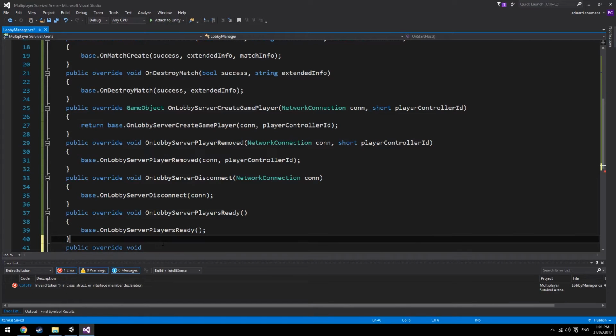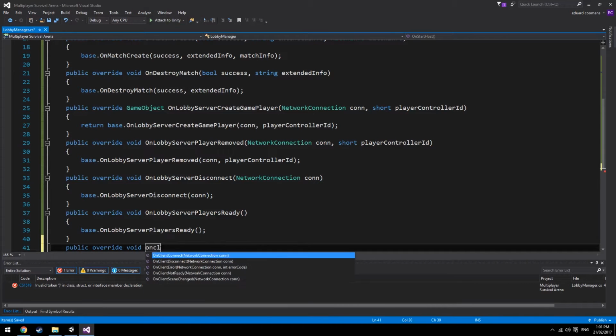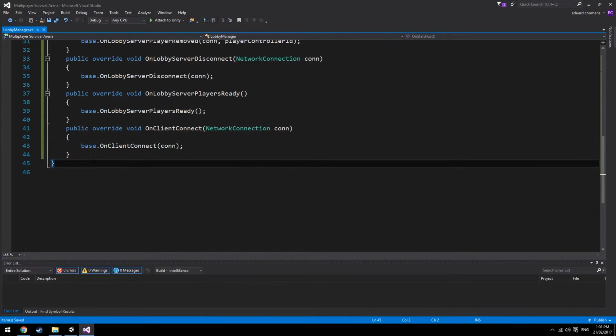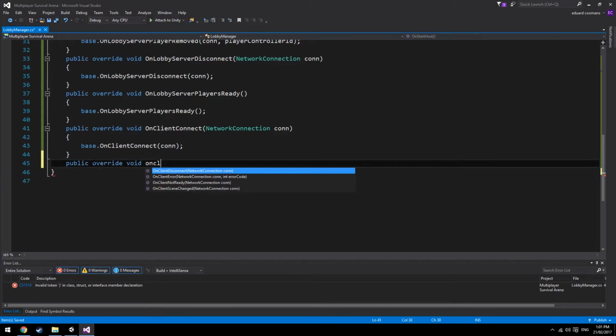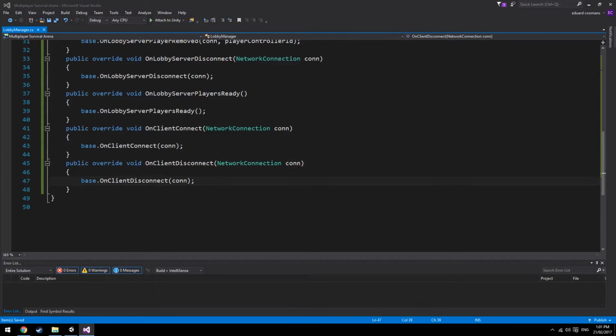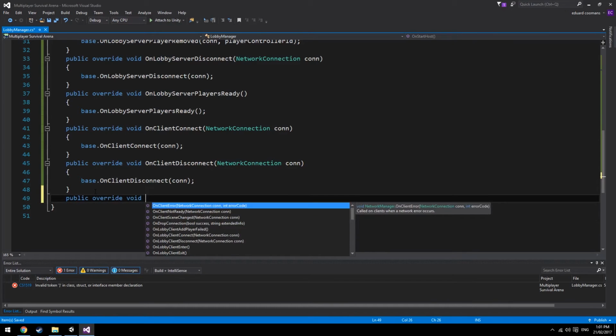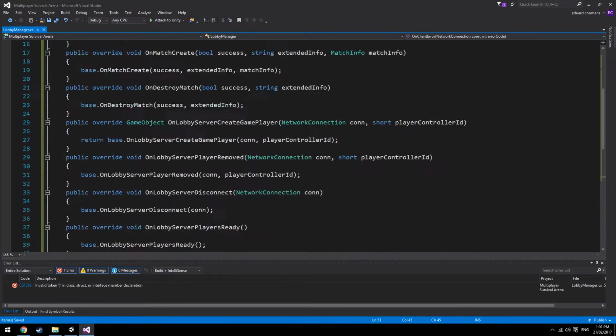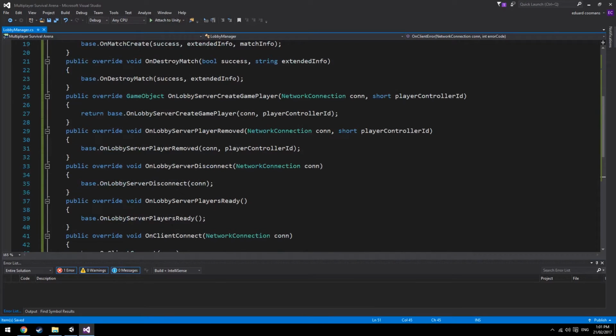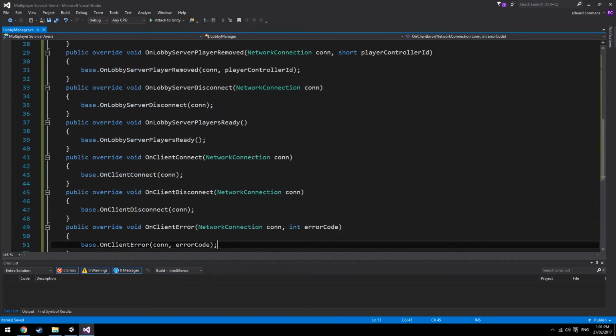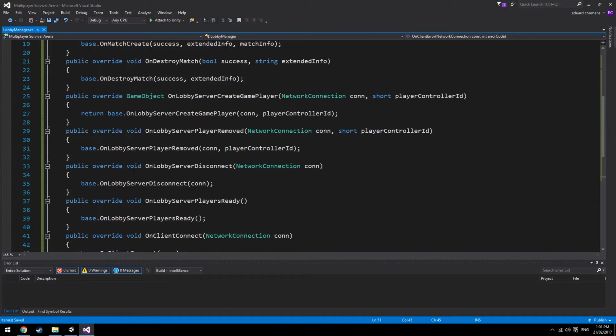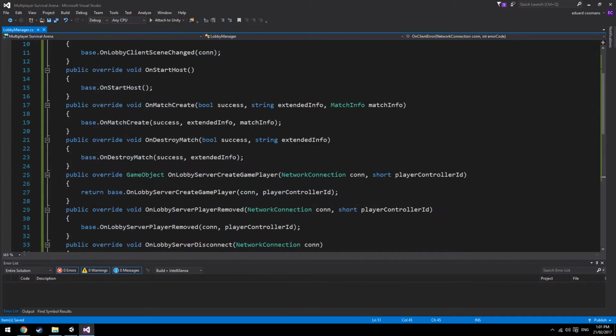Paste this one on client connect, on client disconnect, and on client error. So now we're overriding all the other functions within the network